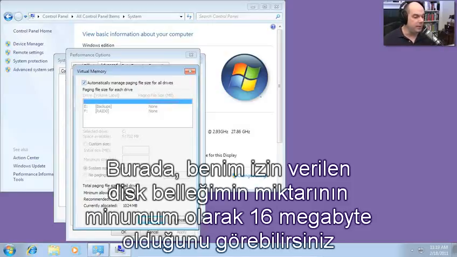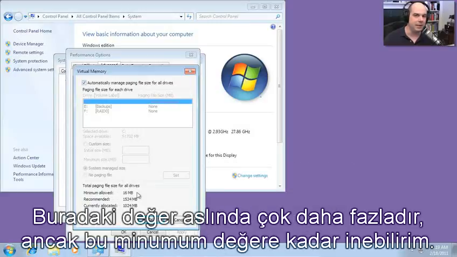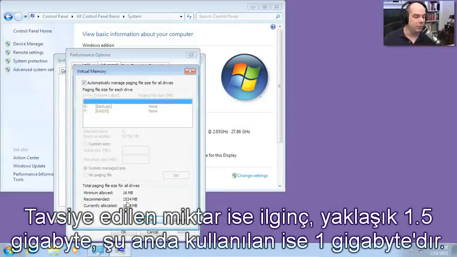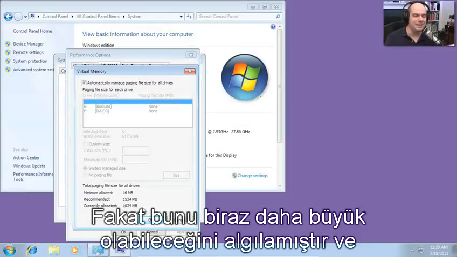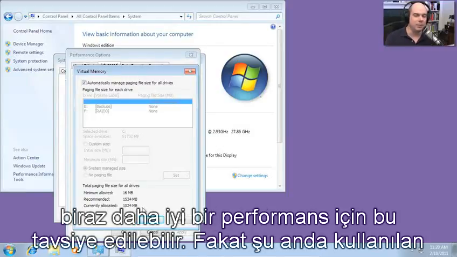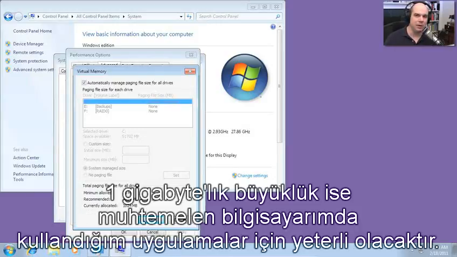You can see my total paging size for all drives, the minimum allowed 16 megabytes, not a lot there, but I'm rarely going to be hitting that minimum. The recommended, interestingly enough, is about 1.5 gigabytes. Mine is currently allocated at 1 gig. So I only have a certain amount of room on my hard drive set aside right now, but Windows recognizes that we could make this a little bit bigger and actually get a little bit more performance in a recommended mode, but 1 gig being allocated currently is probably pretty good for the types of applications that I am using